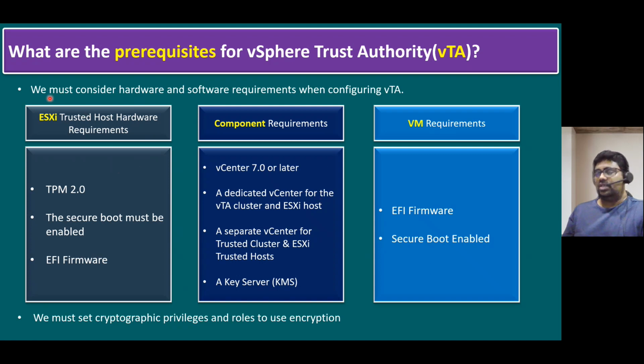The key point they mention is that we must consider hardware and software requirements when configuring the VTA, vSphere Trust Authority. Hardware, as I just mentioned, means a TPM chip must be installed in our server hardware. Or else, if you do not have the hardware VTA, hardware Trust Authority, we have to use the software one. Okay, so suppose I log into our lab system,